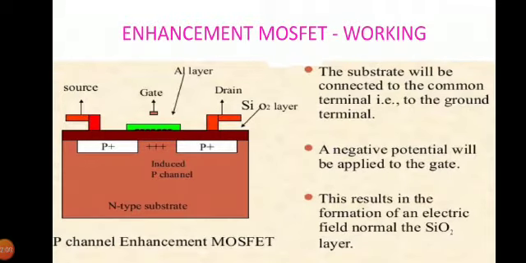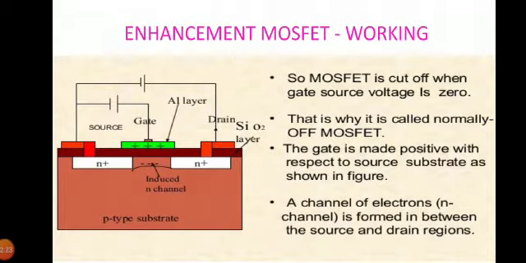Now let us see the working principle of an enhancement MOSFET. On application of drain to source voltage VDS and keeping the gate to source voltage zero, by directly connecting the gate terminal to the source terminal, practically zero current will flow through the device. And if we increase the magnitude of VGS in the positive direction, the concentration of electrons near the SiO2 surface will increase. At a particular value of VGS, there is a measurable current flow between the drain and source. This value of VGS is called the threshold voltage, denoted by VT.